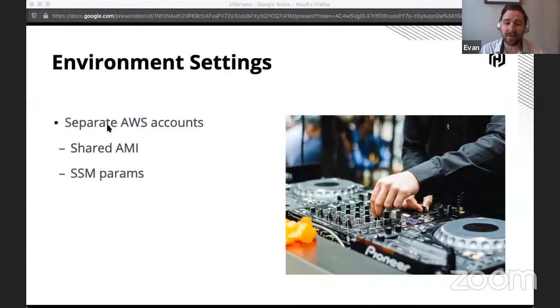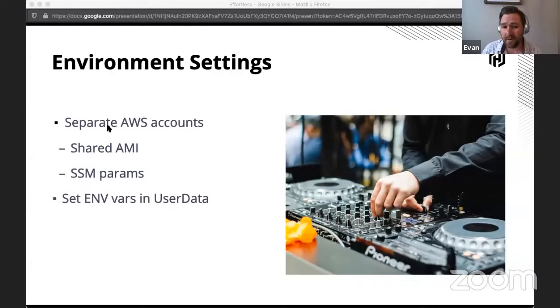So we're leveraging the Systems Manager parameters to be able to do some of that dynamic configuration. And we can name everything the same in each account, right? And whichever account it's in, it's going to automatically pull that variable. So you don't have to do any kind of conditional variable names or anything like that. It's kind of nice.